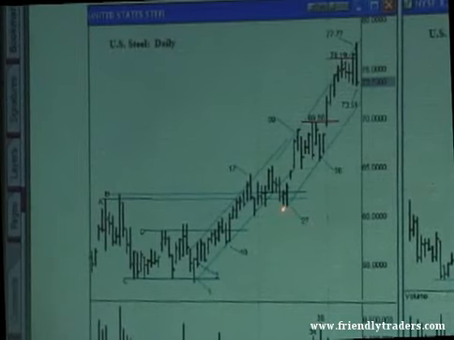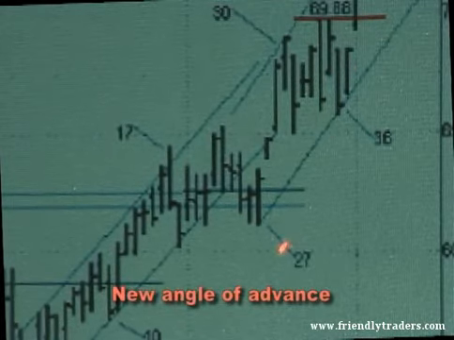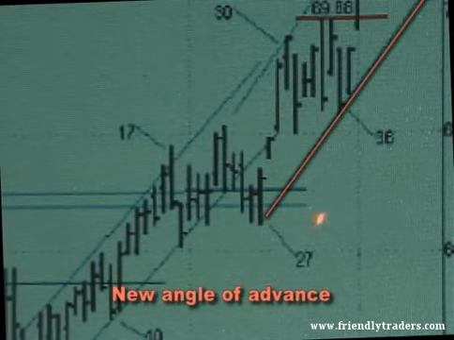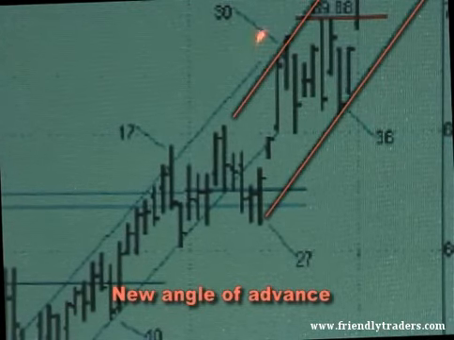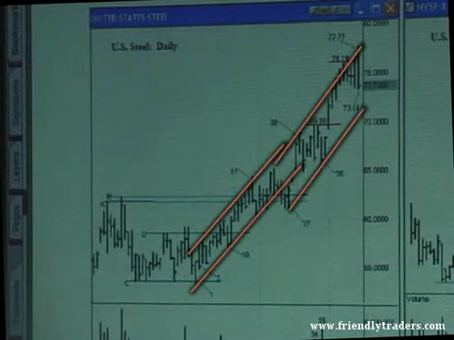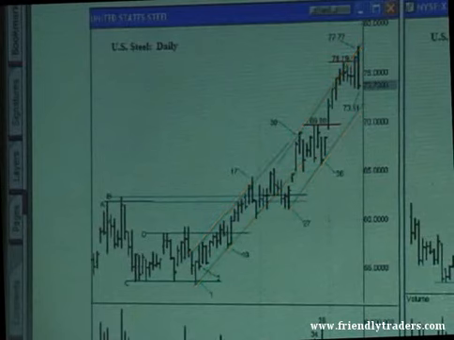But then the market starts a new angle of advance, where I've connected the low of 27 and the low of 36 with a parallel across the high of 30. I'm constantly readjusting the channels. I know this is charting 101, but it pays to draw the channels. And from there, the market continues up, begins to struggle at the top of the channel, backs off, and then on the top day, when we hit